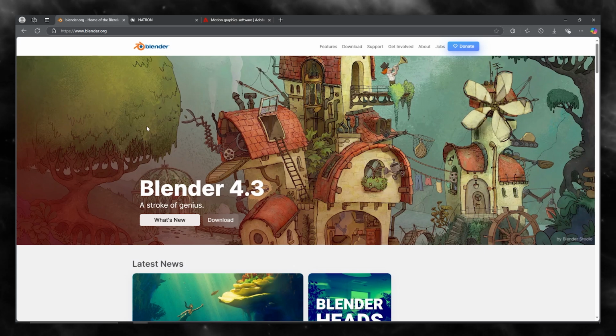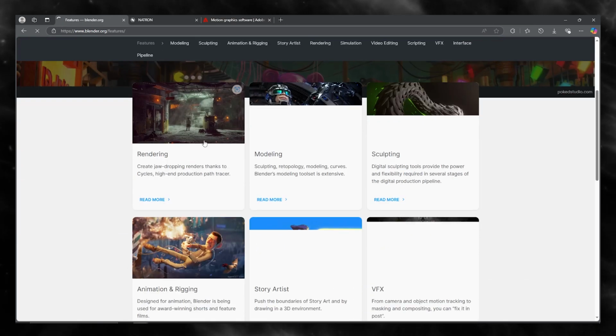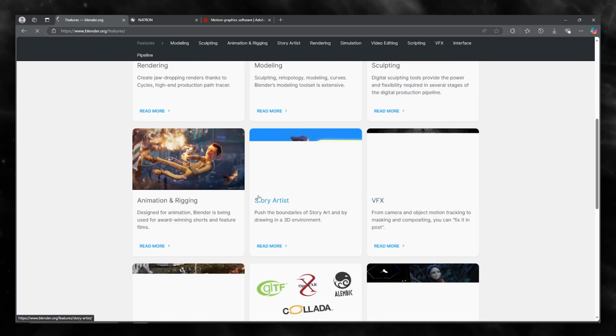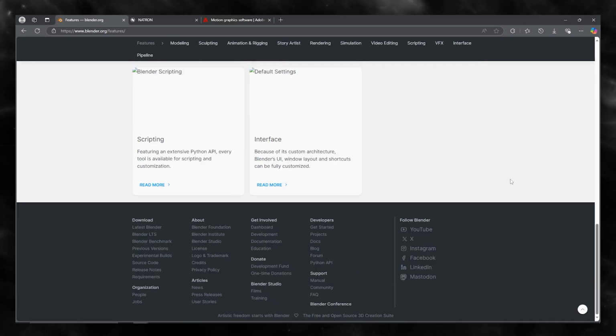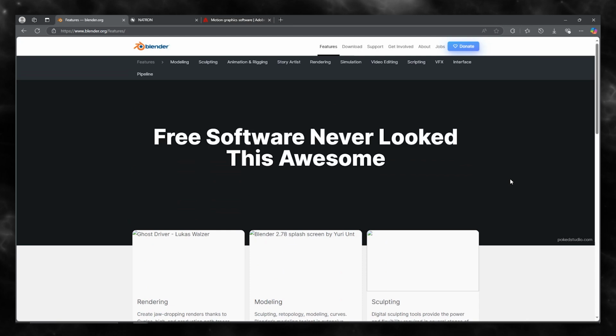Blender as well. You won't have to give the fee that you give to After Effects, and you can actually match up Blender's different effects like rendering, modeling, sculpting, VFX, story artist, animation, simulation, video editing, and a whole lot more in one place. So these were basically the alternatives for Adobe After Effects, and do let me know down